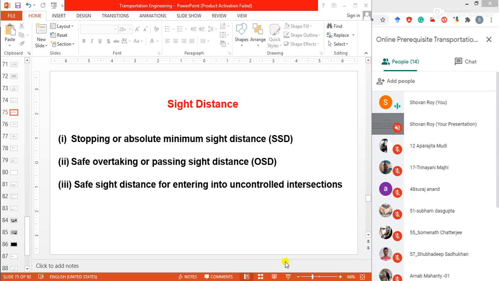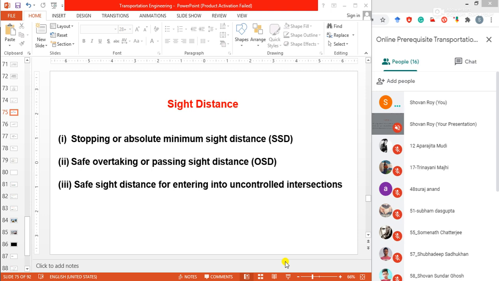What is sight distance? The safe and efficient operation of vehicles on roads depends, among other factors, on the road length at which an obstruction, if any, becomes visible to the driver in the direction of travel. So any obstruction on the road during traveling, if it is visible to the driver,